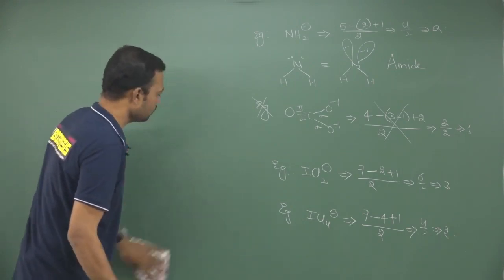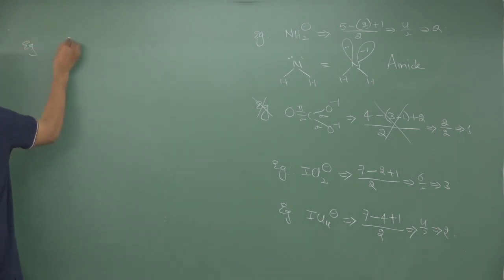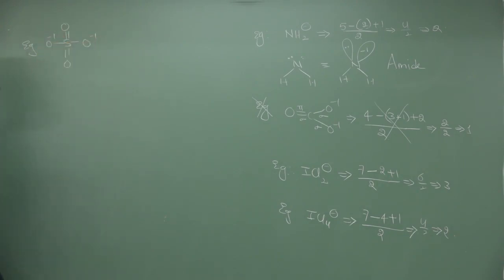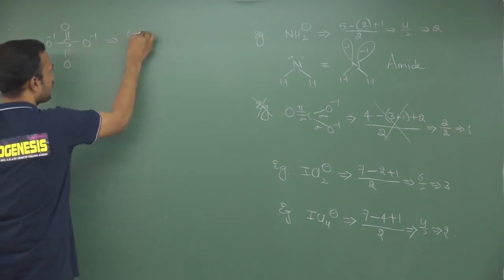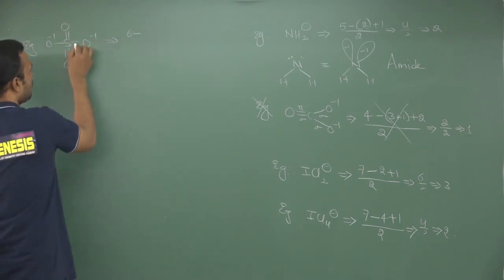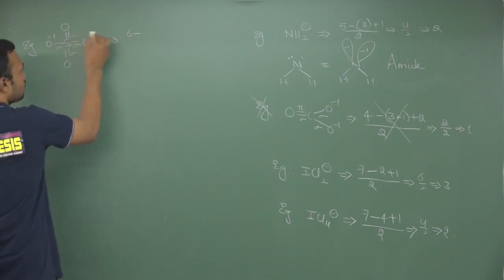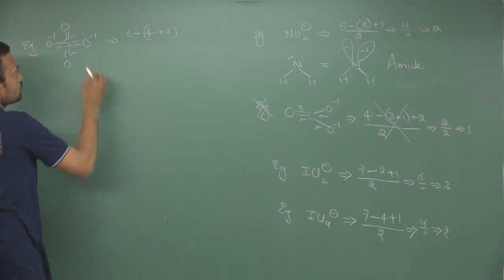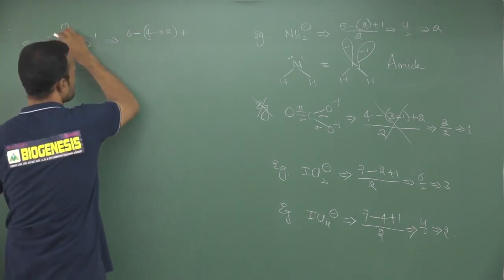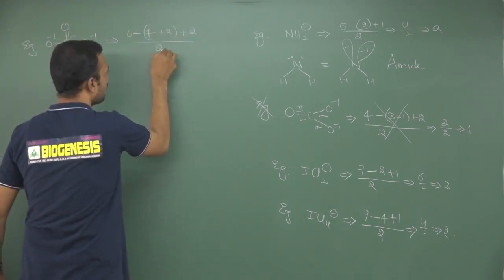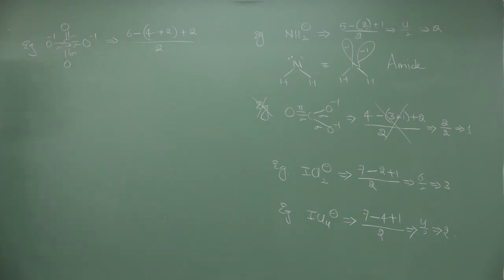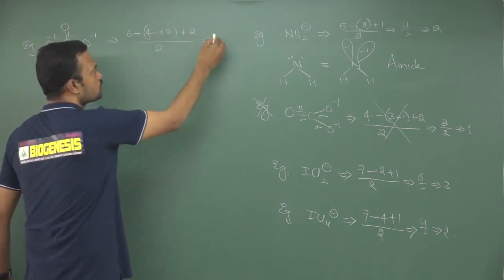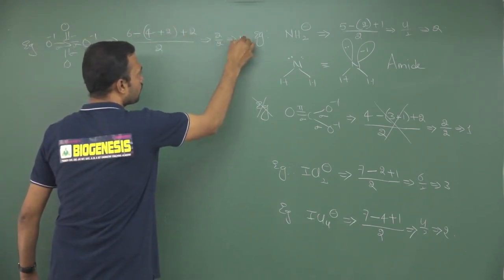And you can also see one more resonating structure belonging to sulfato. See this one. Here minus 1 and here it is minus 1. So we know the central atom sulfur carries group number 6. And how many sigmas are there? Sigma, sigma, sigma and sigma. 4 sigmas, 2 pi present here. Now what is the charge here? That is minus 1, that is plus 2 divided by 2. Okay. So in this one, if you calculate 6 minus 6, 0, 0 plus 2. So 2 by 2 and finally you will get the answer 1.